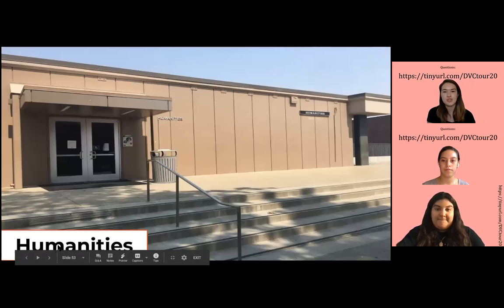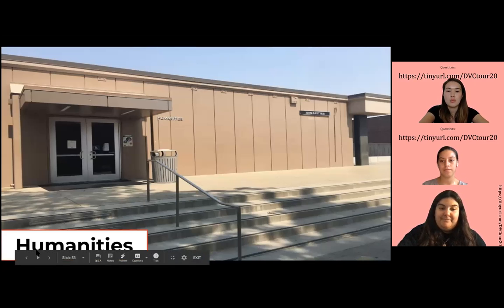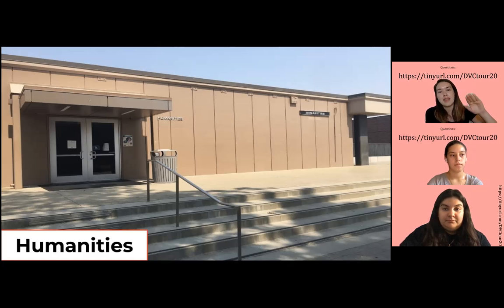Last but not least, we do have Humanities. The Humanities building is home to our humanities and philosophy classes. Students also take many general education classes. For example, I've taken economics class and drama class, so it's very usual for people to take classes in this building. At the very end of this building, we have a big lecture hall that can